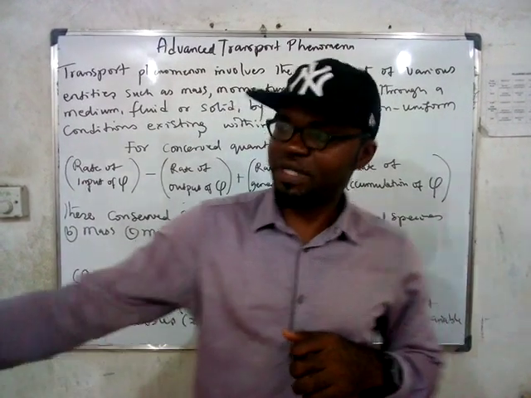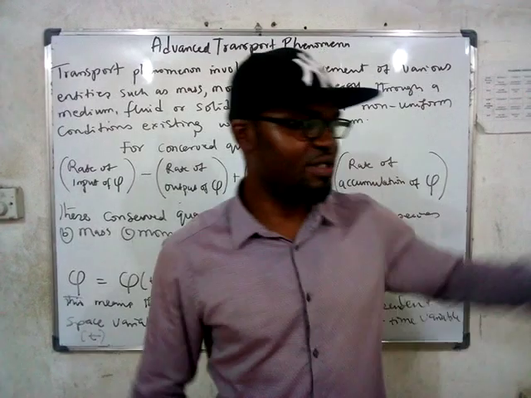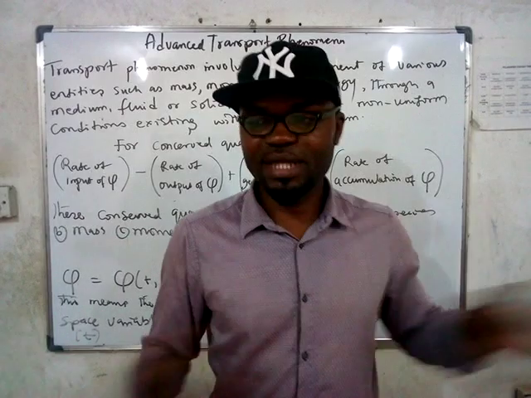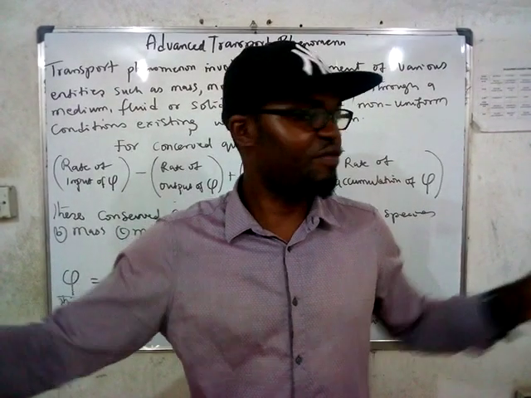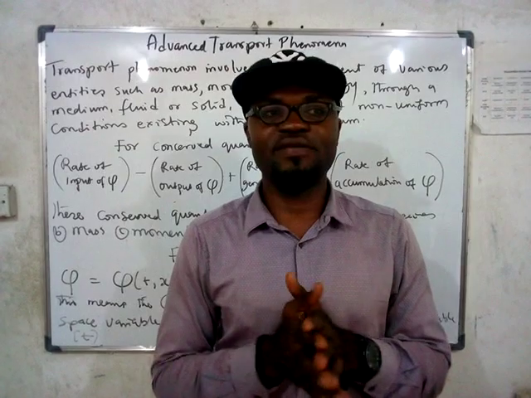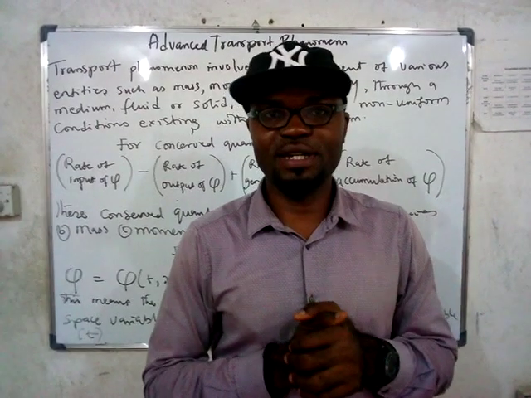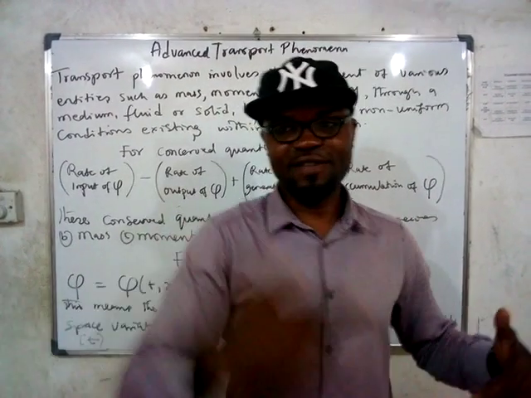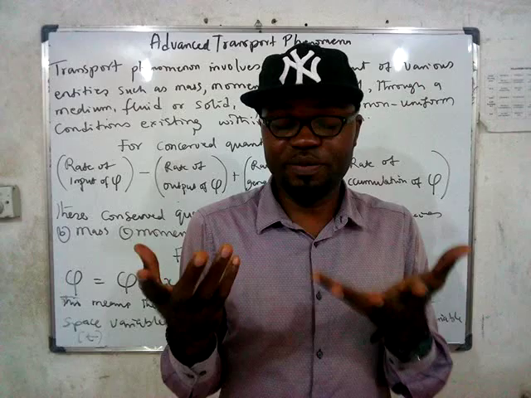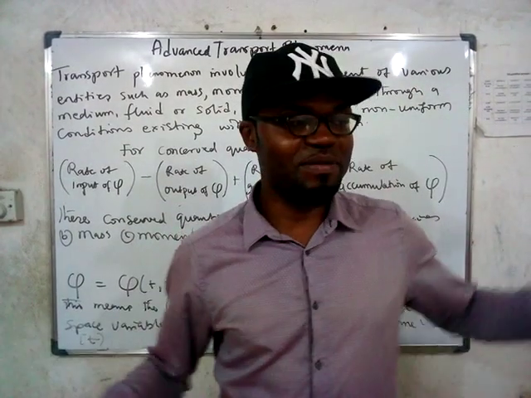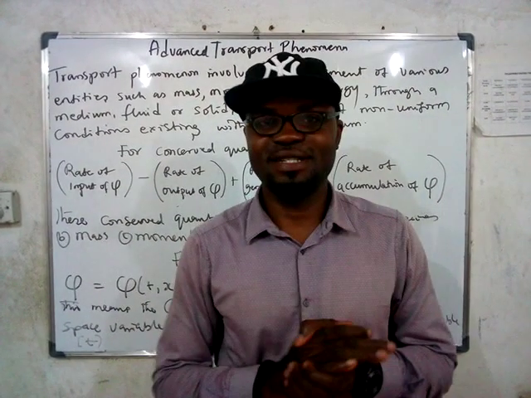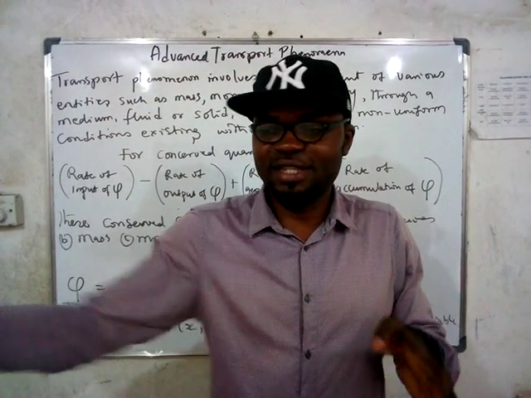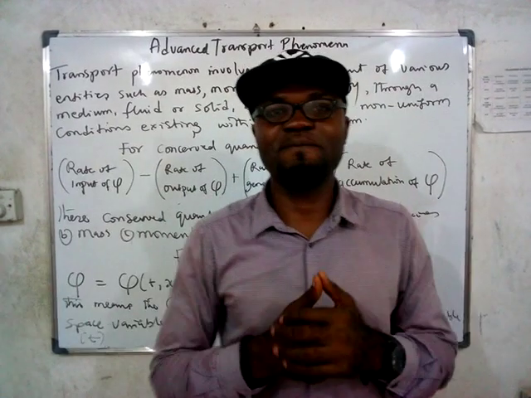If somebody sprays a perfume here, and you are on the other end of the room, you want to perceive the smell of the perfume, there has to be transport of the materials from the perfume to the side that you are on for you to perceive it. Transport of energy for the conductor, transport of material, diffusion of the odor, the fragrance of the perfume to the other side. You understand? So in physics and in chemical engineering, you always see things transporting from one place to the other.